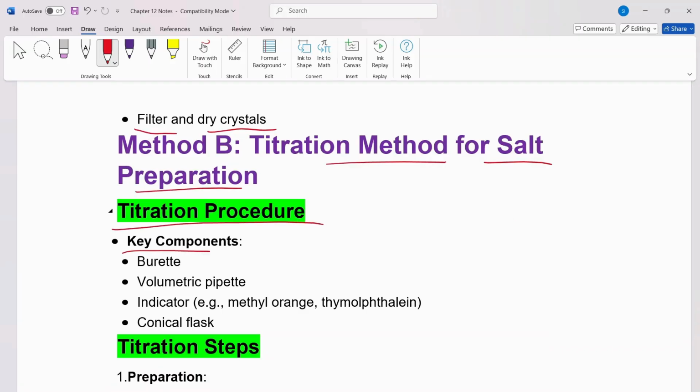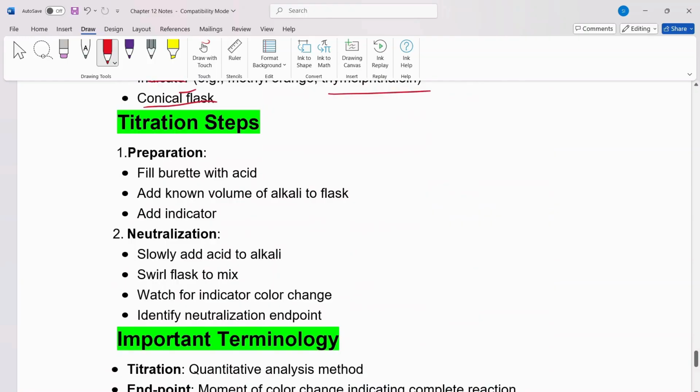Titration procedure. The key components include a burette, volumetric pipette, indicators such as methyl orange or thymolphthalein, and a conical flask. Titration steps. First is preparation. Fill the burette with acid. Add a known volume of alkali to the flask and then add indicator. Then in neutralization, slowly add acid to alkali. Swirl the flask to mix. Watch for indicator color change, identify